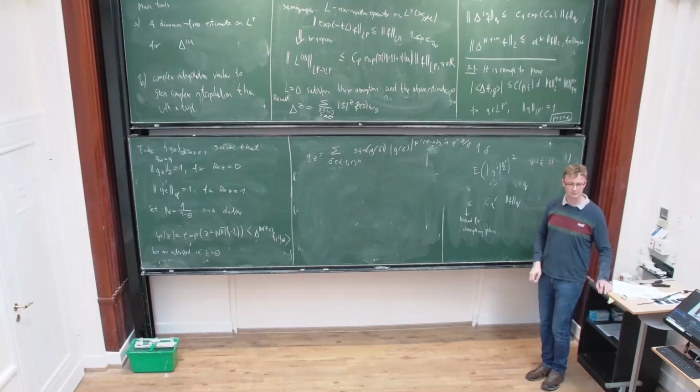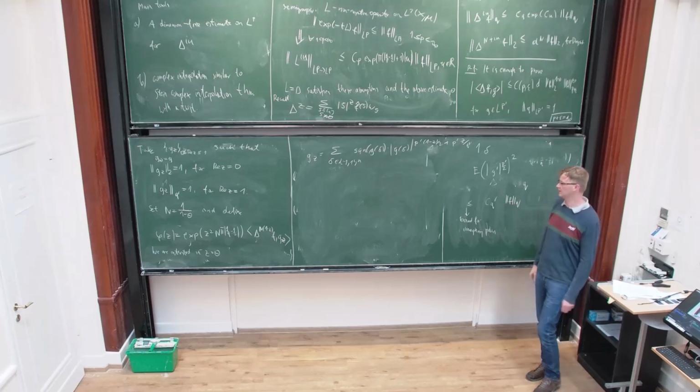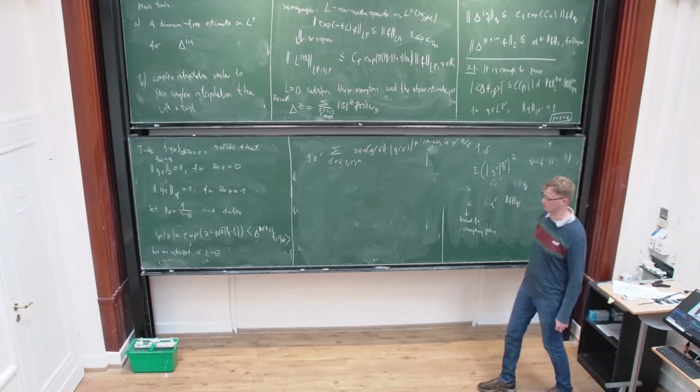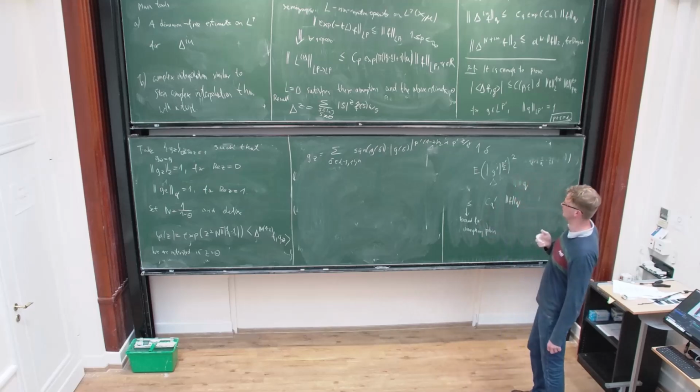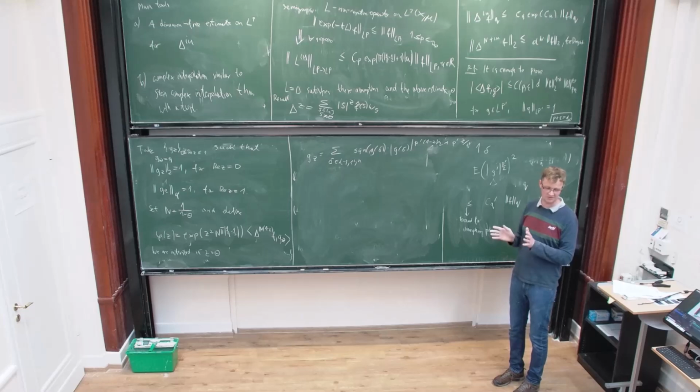Question: In your argument, have you used the fact that this is a hypercube? No, I don't think anywhere. I only use that it's a contraction semigroup, and it has some property. The only moment where I use the degree, the property of a certain degree, is where I was estimating the second norm. Unfortunately, I erased it. But there was an expression for phi of z when the real part of z is equal to 0, and this was the only moment where I used the assumption that the function is of degree up to d. So it doesn't really use that it's a hypercube.